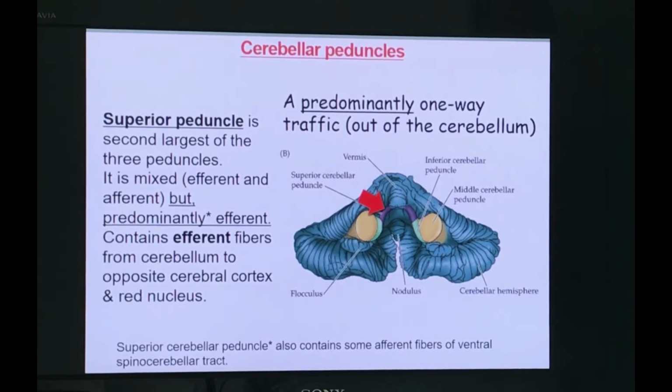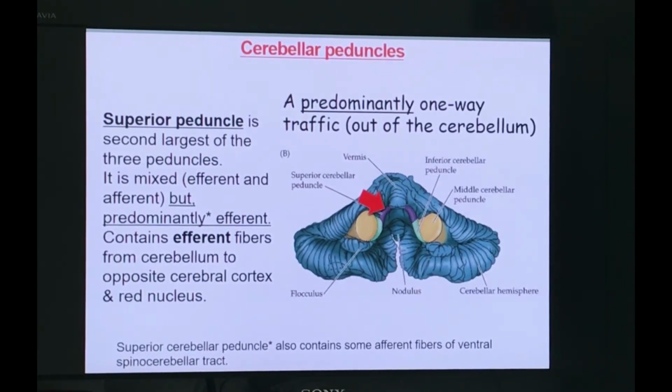There are three main spinocerebellar tracts which carry the information from the spinal cord to the cerebellum. The three are the posterior spinocerebellar, the anterior or ventral spinocerebellar, and the cuneocerebellar. These are the three main tracts which carry unconscious proprioception, touch, and pressure. All of those are received by the cerebellum from the spinal cord. The ventral spinocerebellar tract goes up until the midbrain, and through the superior peduncle they enter the cerebellar cortex.